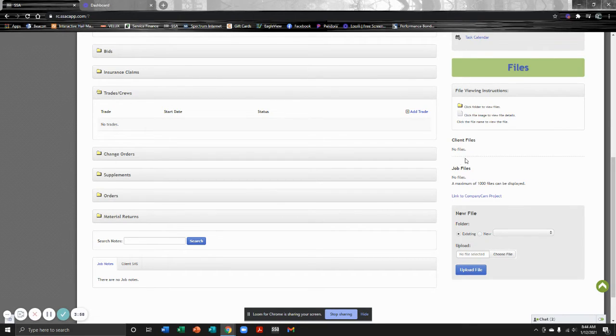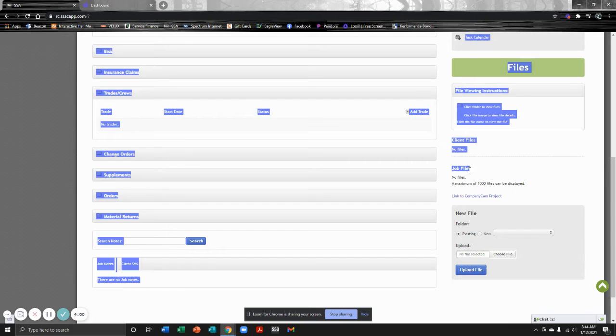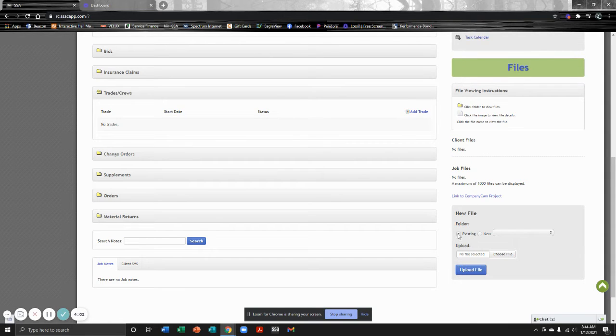the bottom. There'll be a section called job files, and that's going to be right here. Okay, so what we can do is add files. Now you can have it configured so that you have a set list of folders that you want your people to upload files to. Most everything that a salesperson is going to upload is going to go into the client file, because with SSA,